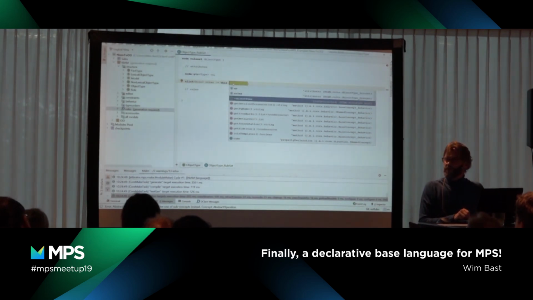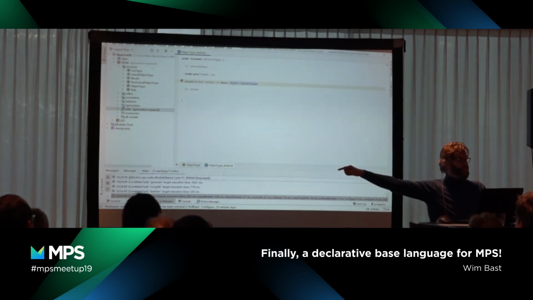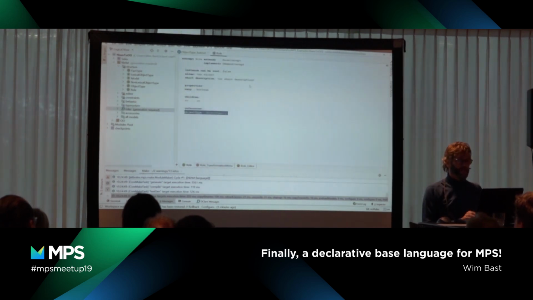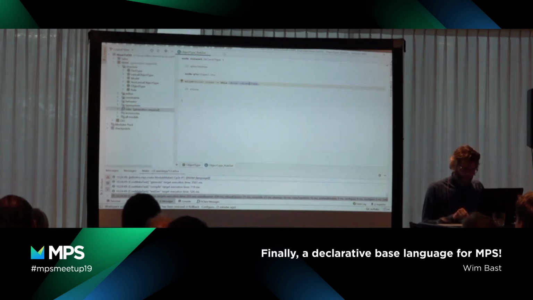You know the tilde from OCL? Jos knows it. Okay, so it means I'm going to navigate this reference. This is a reference that we defined over here in the notes, but the other way around. And this is done efficiently. In the background, it's kept in sync. Because otherwise we need to run all the rules on all the objects and see which object refers to me. And of course, that breaks locality. Okay, and then we're done here.